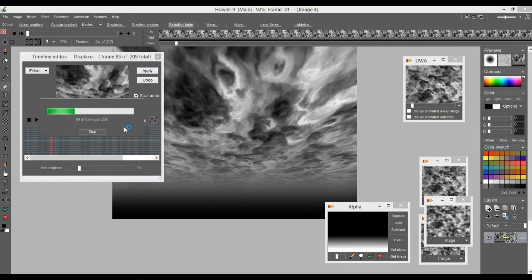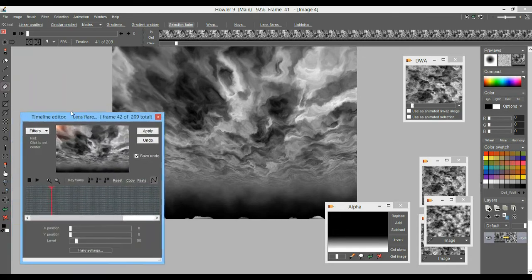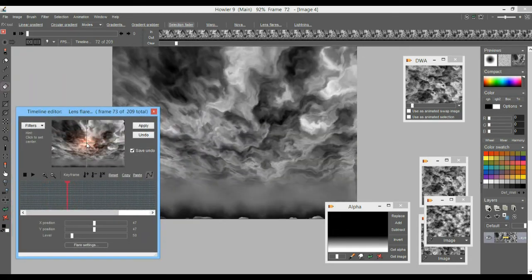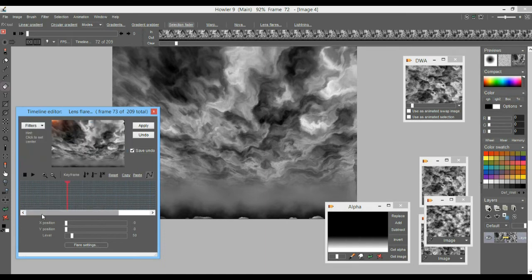Alright, so we have a little bit of displacement, and what I'll do next is to add a little bit of God rays or rather lens flares, and that's where perhaps the final touch will be given for the visual you want. Right, so you have the last of the filters in the animation group here, animated lens flares,